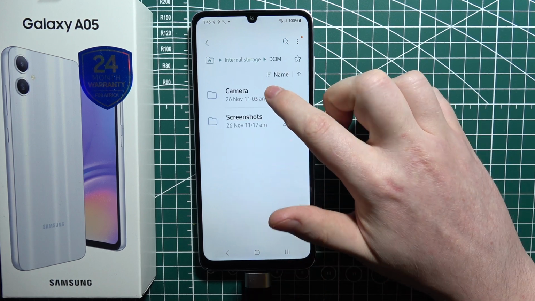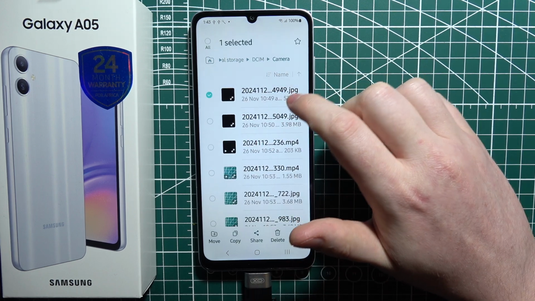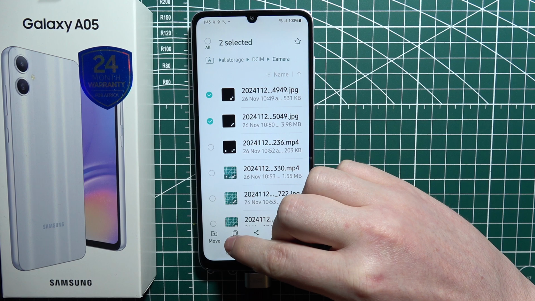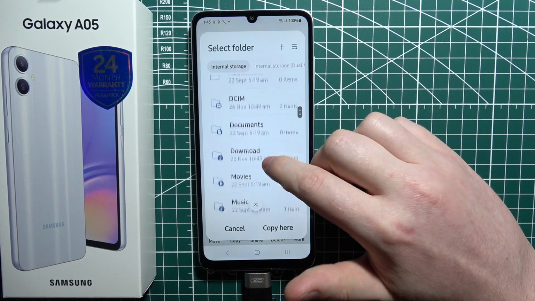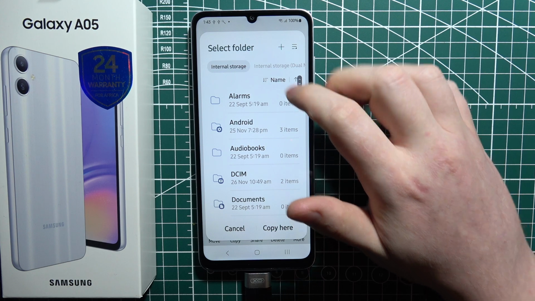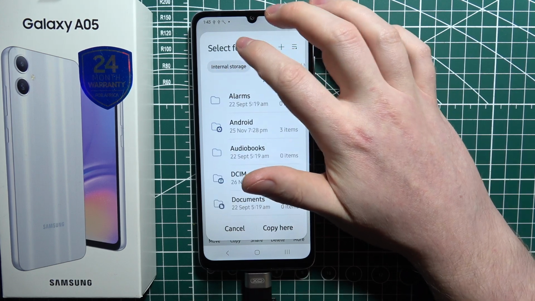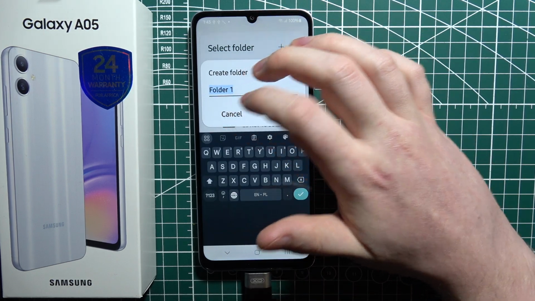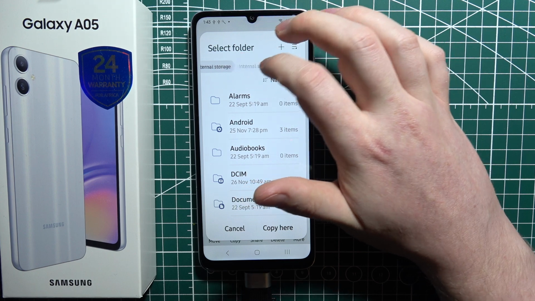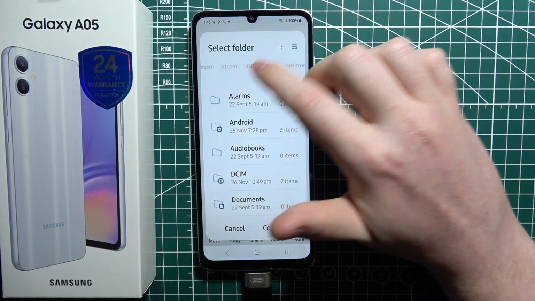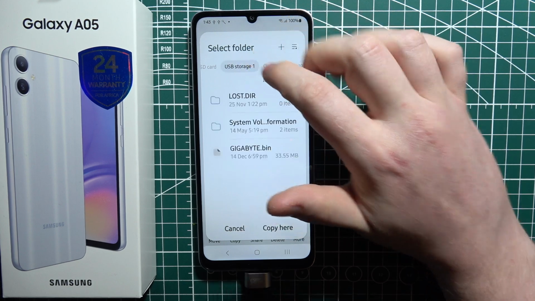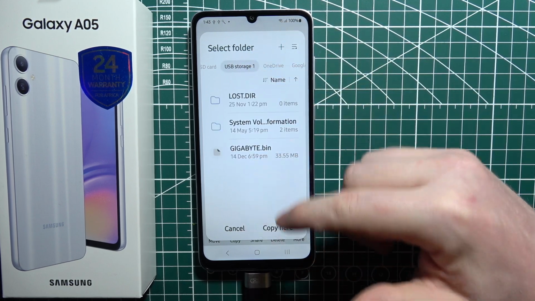Then we can transfer these two photos to the drive. So we're going to click on copy. We can also move them. Then a folder will appear on the top, and what we need to do is select our drive. So you can scroll right here until you find your USB drive,